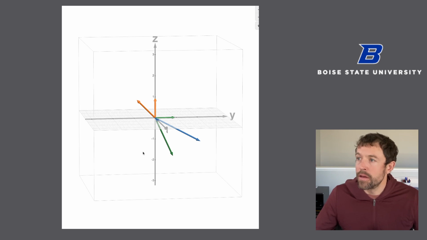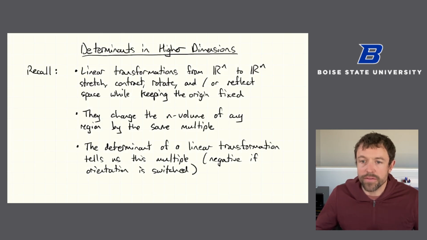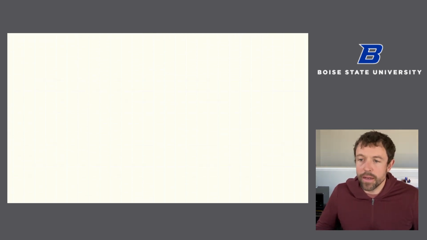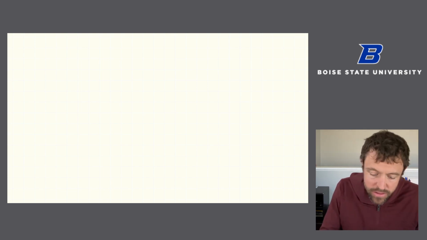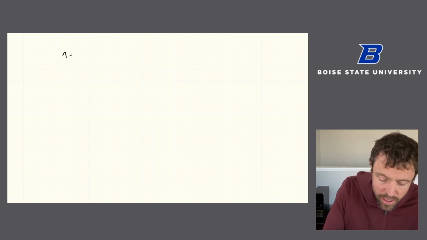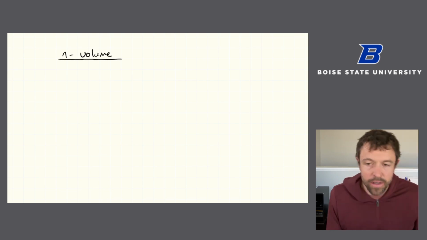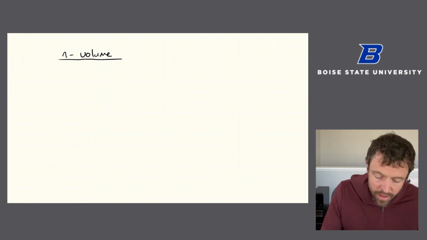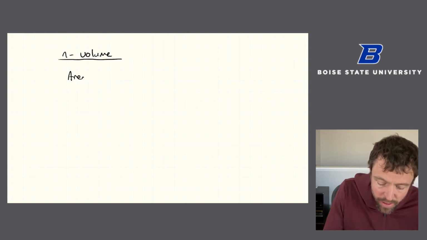Okay, so what happens when we go to higher dimensions? That's the main point of this video, right? I wanted to recap that and show a little bit. But one of the main points is what happens in higher dimensions. What do we mean by volume in higher dimensions? So how do we talk about n volume or n area, whatever you want to call it, n-dimensional measure of space? It's actually not too bad because the area, an area of 1,